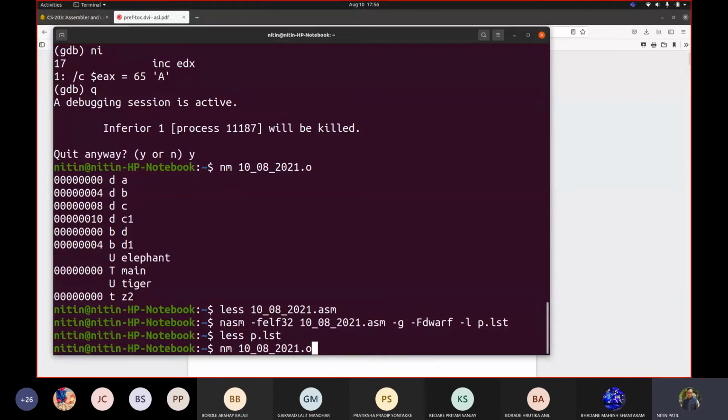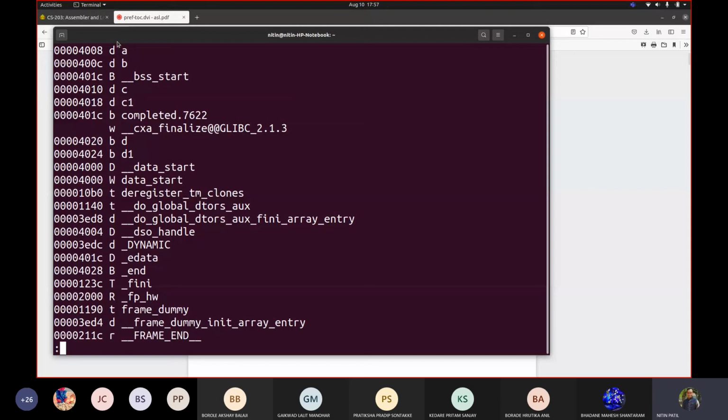So if I go with that a.out, now see the addresses for this A and B. You have different addresses here. Even here you have different addresses. These are runtime, these are after linking time. At runtime, values can even be different. Correct? So how exactly will you map this?